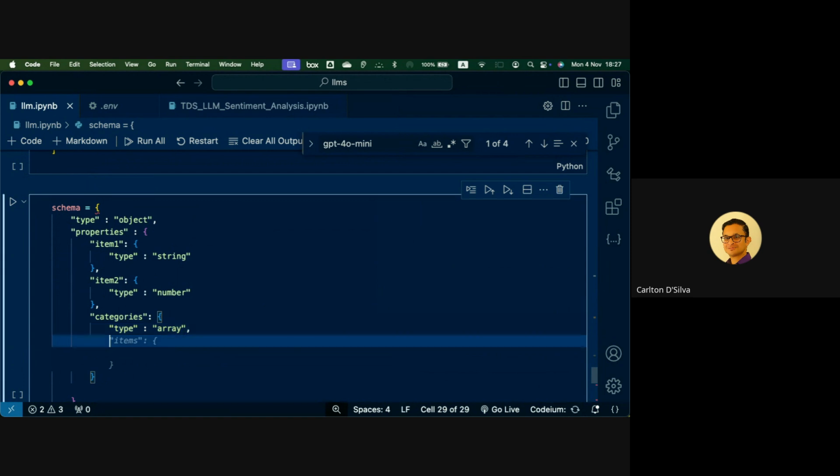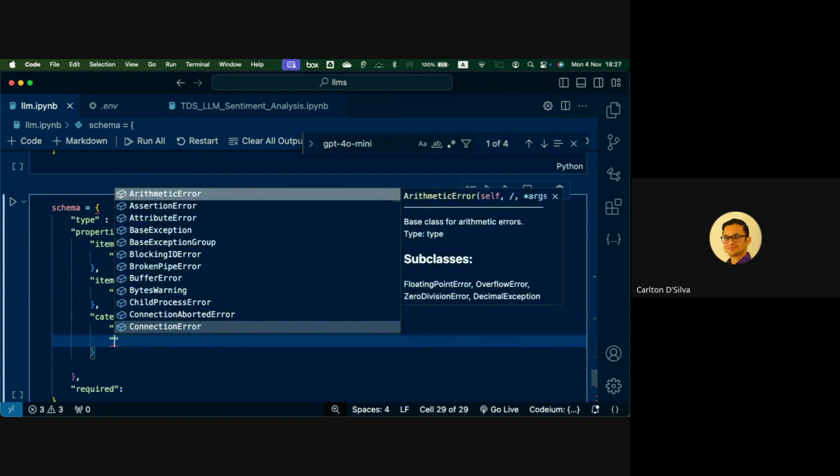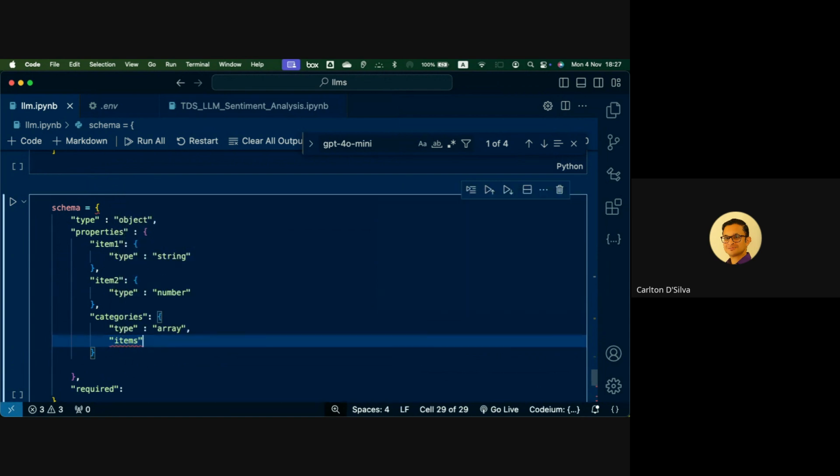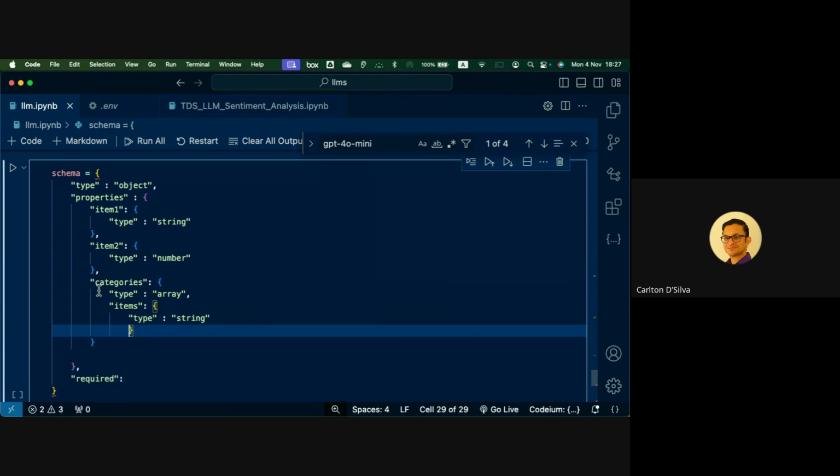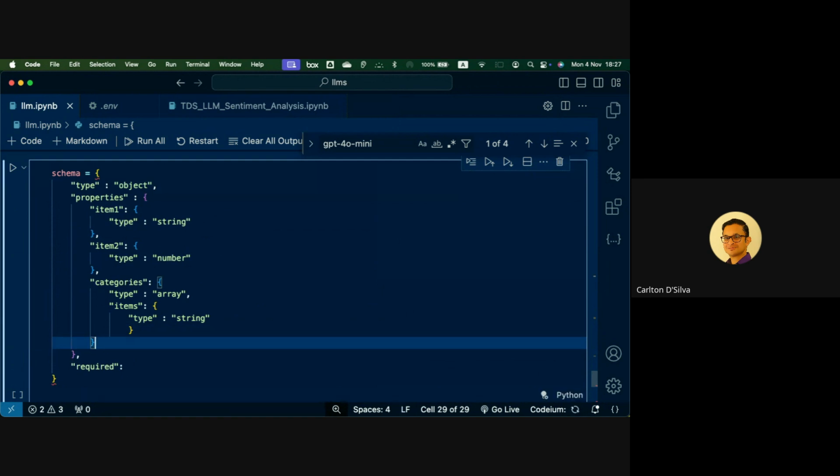Okay, that's great. Now, if it's an array, I have to tell what kind of array it is, right? So I'll have to describe those items as well. And I'll say the array is of type string. So this is how you construct a JSON specification, in other words, so that it can be used in an application.